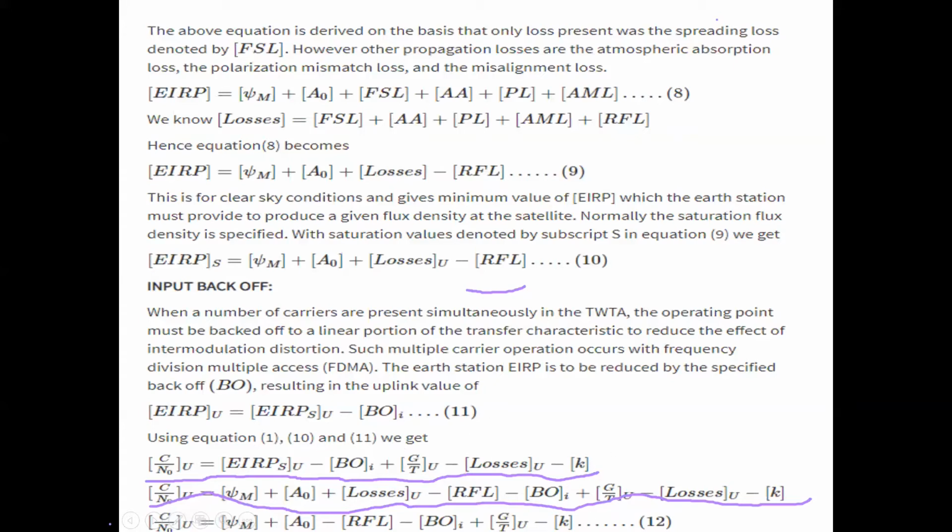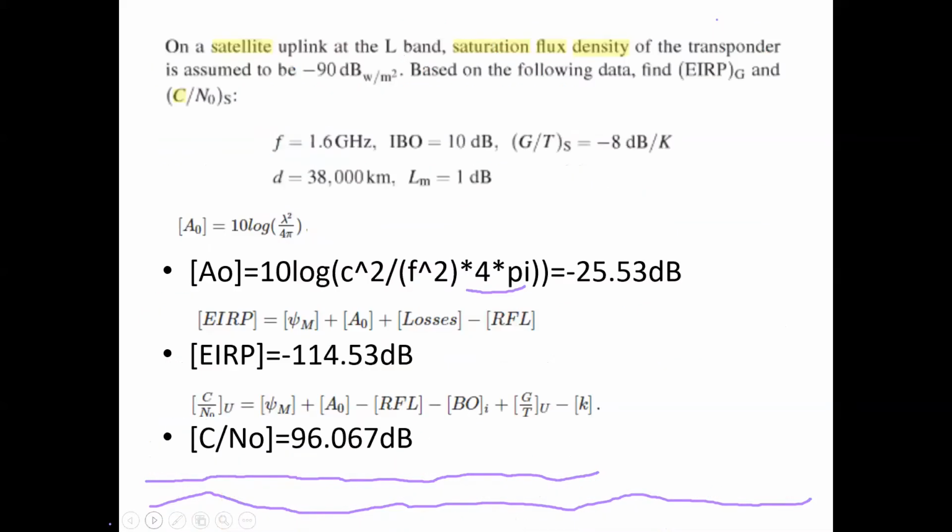So these two equations are very important when you are solving a total communication link, whether it is uplink or downlink. Here you see the uplink; if I have to do the same thing for the downlink, what will all of this become? Uplink is from the earth station to the satellite, meaning this is representing the earth station, this is representing the satellite, and similarly for the downlink, this will be the satellite and this will be the receiving earth station, and this will be at the downlink frequency, and in the uplink this is the uplink frequency. The rest other remains the same. Am I clear? Yes or no?